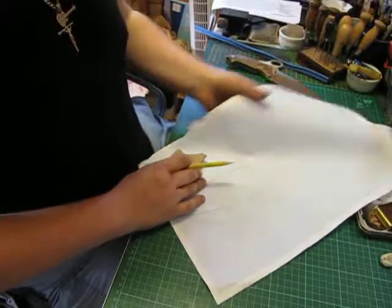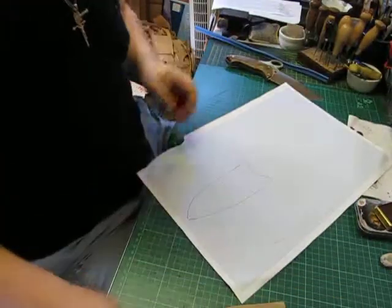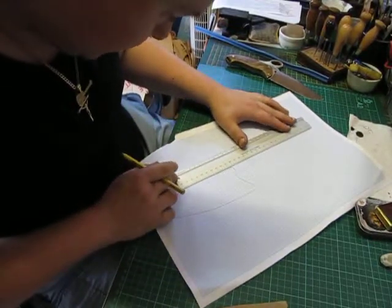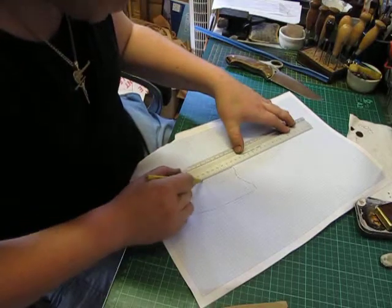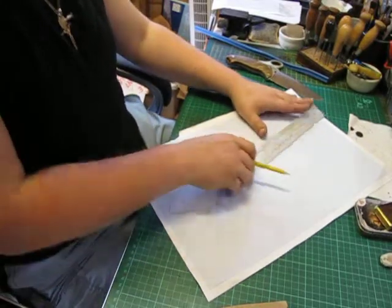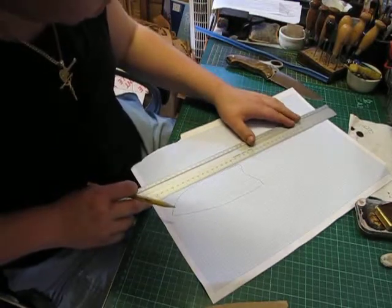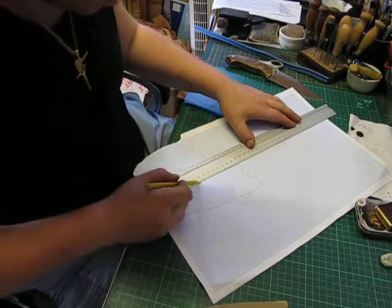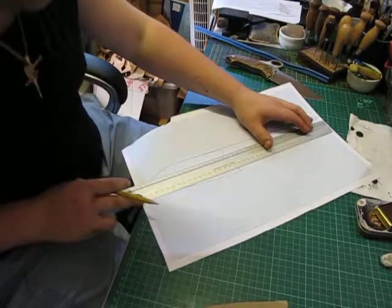Right, so what we've done is we've drawn the front. What we need to do now is follow this up to make this loop. What we'll do is we'll draw off this right to the top. Let's get my bigger ruler. Then we'll come off this side,